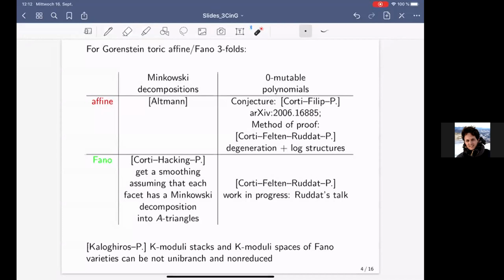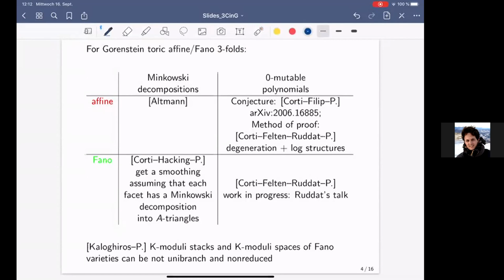Okay, for threefolds, the situation is much different and much more complicated. And so I will stick to the case of threefolds and Gorenstein. Probably many of these things that I will say in a minute hold also without the Gorenstein assumption and only the Q-Gorenstein assumption, and maybe some of them will hold also for fourfolds or any dimension. Okay, and this table summarizes basically the current situation where